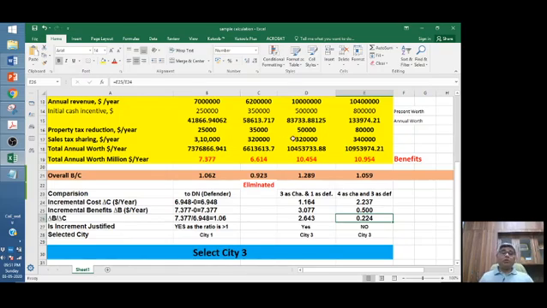So this is all about how we use benefit to cost analysis to answer such questions, that is which one is the best project to invest in if we are having multiple options, or if we are having one option, then we can make a decision whether to go for the investment in that project based on the cost and benefits. So this is all about the benefit to cost analysis.